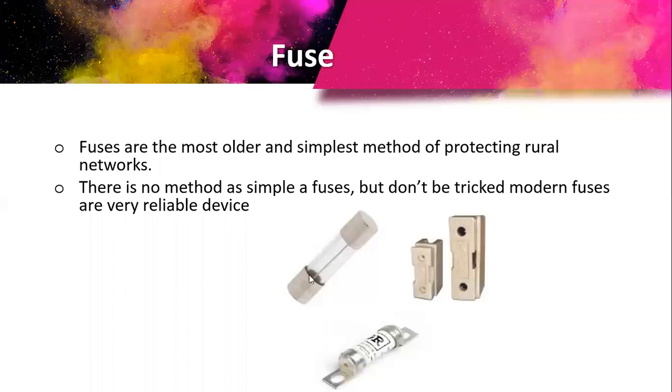Now I can see this is the fuse. This is also a cartridge fuse. This is a closed fuse. This is a semi-enclosed fuse. The glass fuse is generally observed in stabilizers, whereas the KitKat fuses, the open semi-enclosed fuses, are generally used in domestic applications. And the HRC fuses are generally used for industrial purposes, in LT cases.